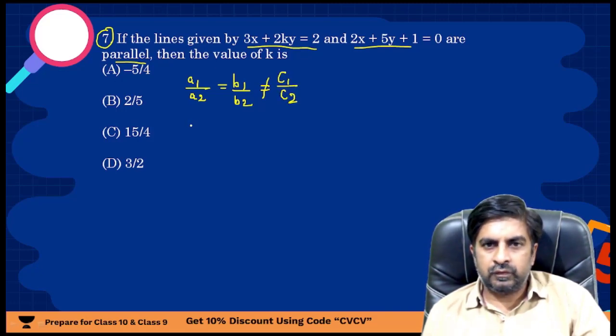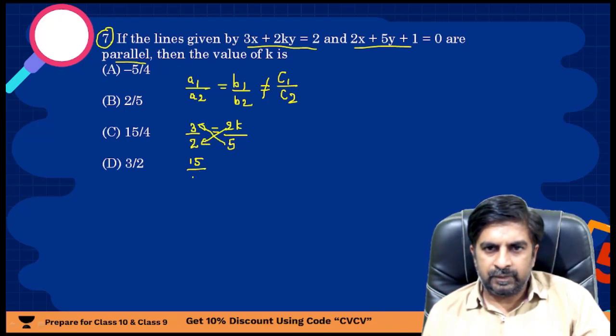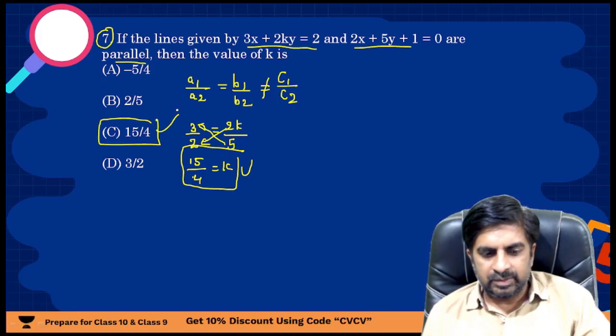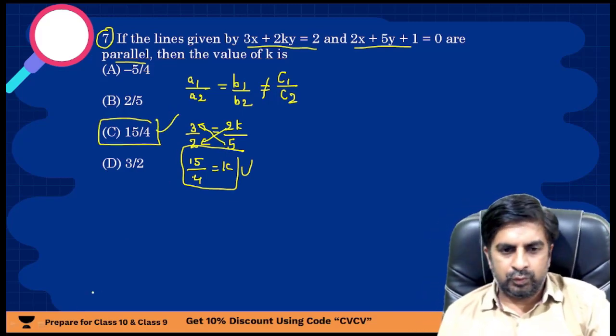Now just follow, 3 by 2 should be equal to 2k upon 5. Let me take this 5 here, 5 3s are 15, and this 2 here, 2 2s are 4, equals to k. You can see easily we are getting 15 by 4 as your answer. Simple, 15 by 4. Moving towards the next question,